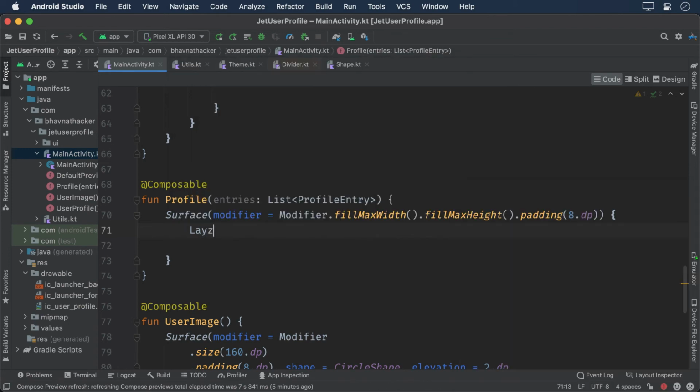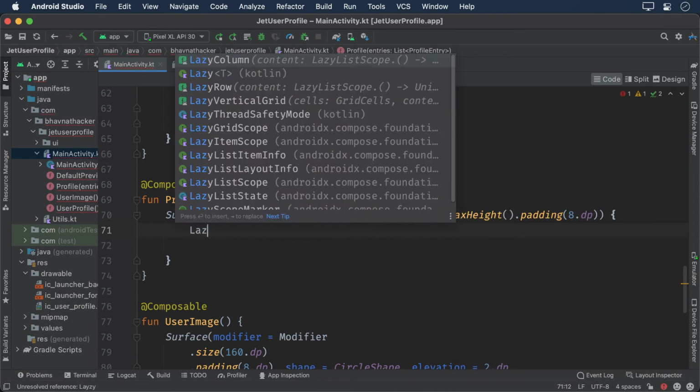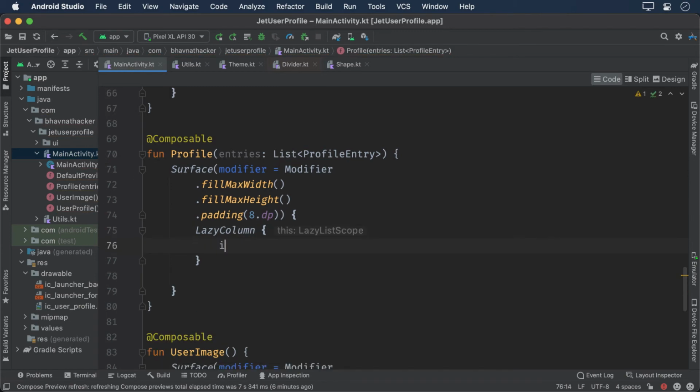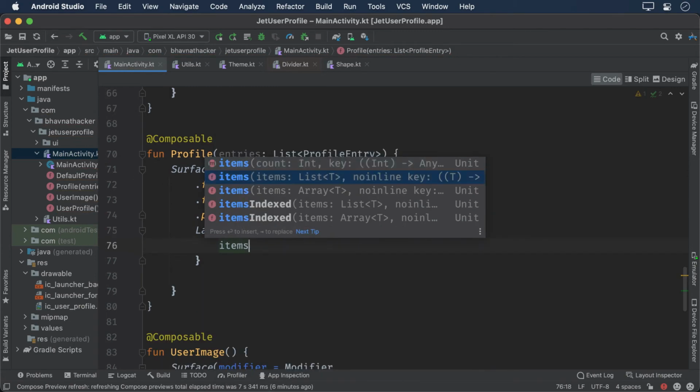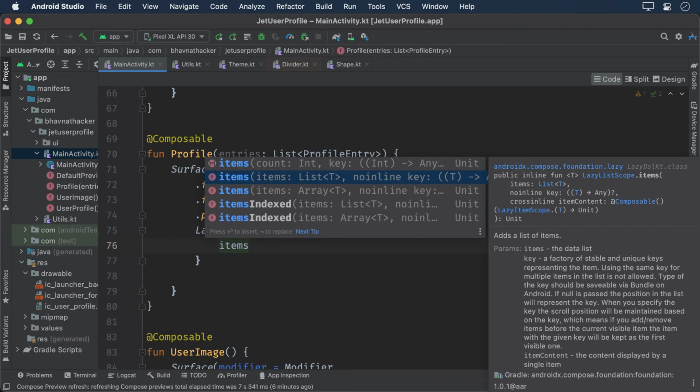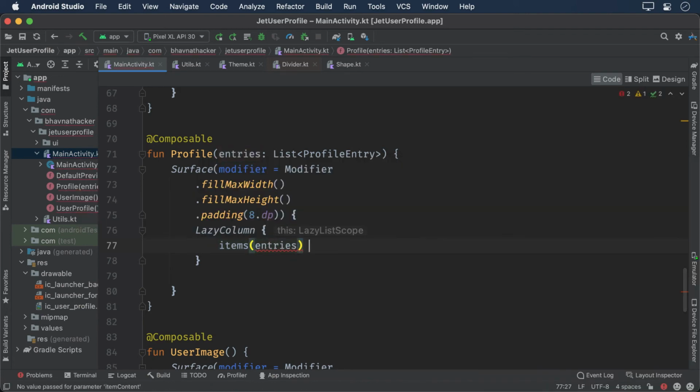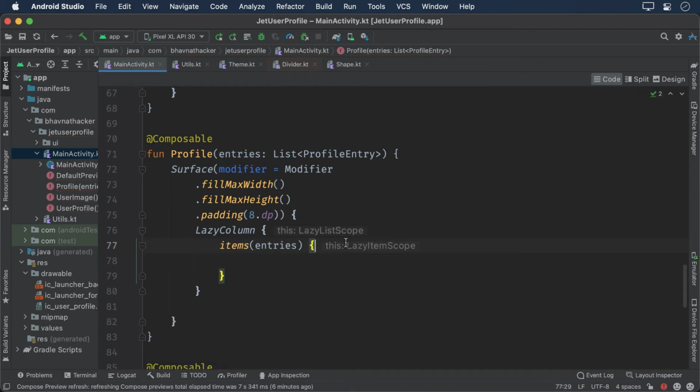You can say vertical RecyclerView is LazyColumn, and we pass the content lambda using items. Select the items which takes a list as a parameter. Here we give entries,